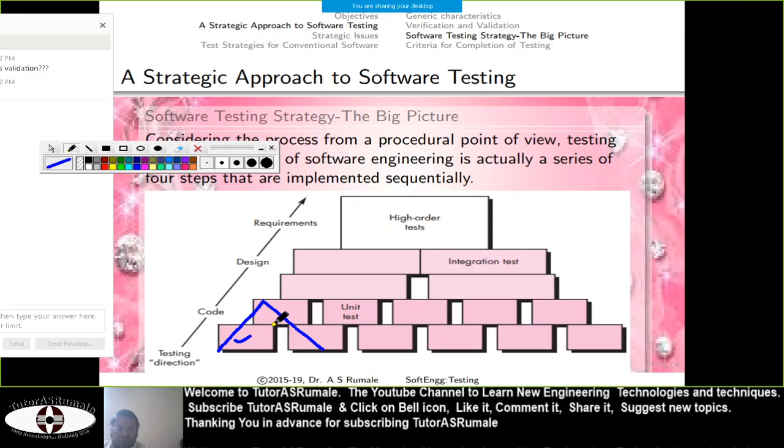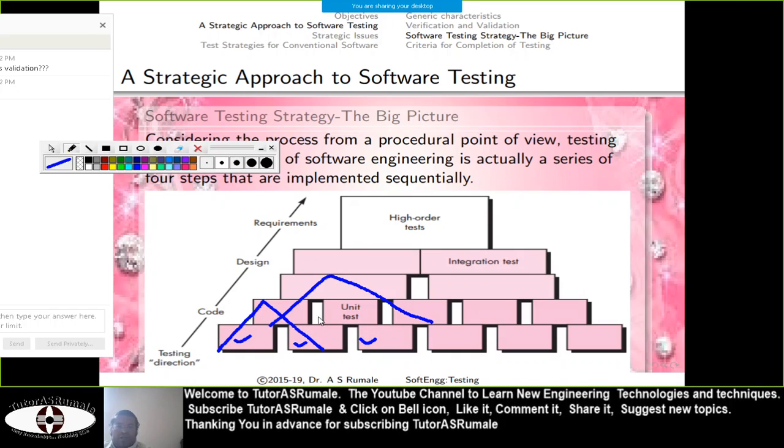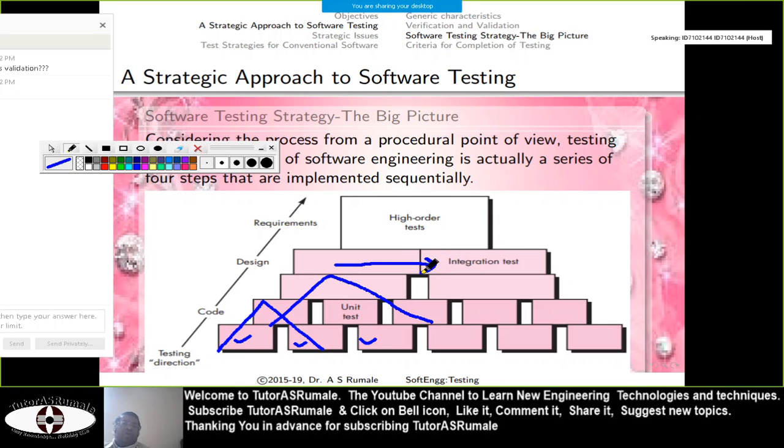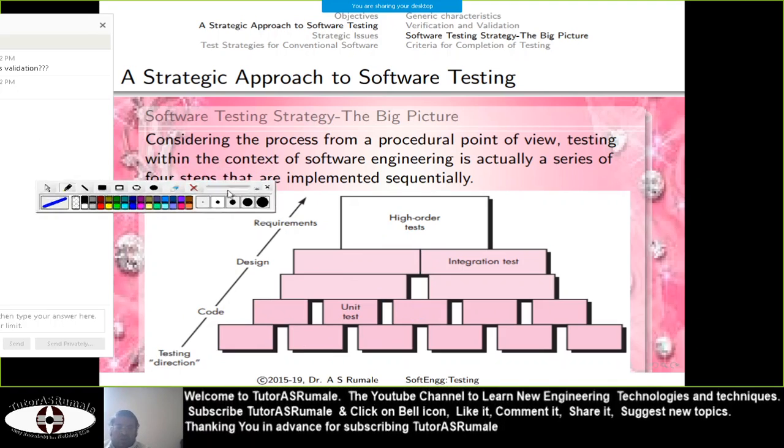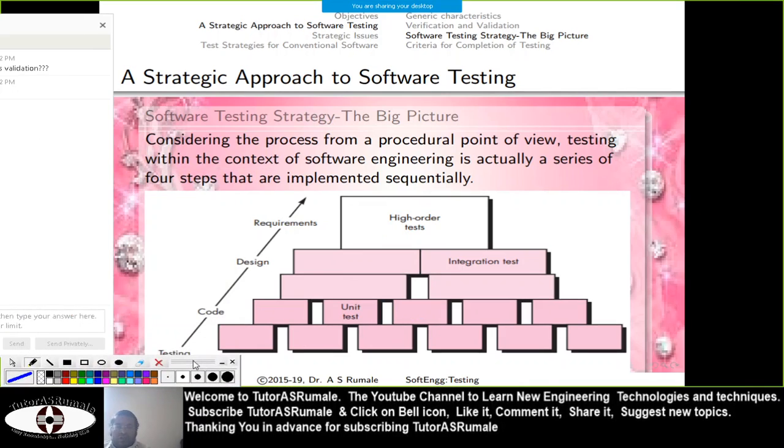So what does the design find? The subsystems. For example, if you want a file menu, these are the file menu components, all 3 of them. Let's say these are related to the file operation, and this one to the print operation. So you get the file menu, and likewise you go to design testing. Here at design testing you are dealing with the integration of the entire system, and so you can get the higher-order test, which covers your entire system.